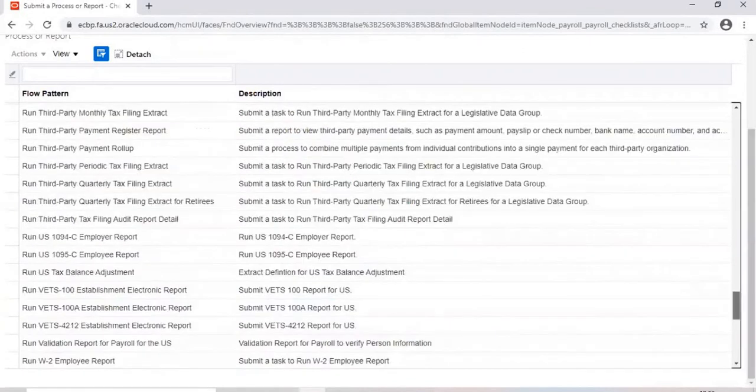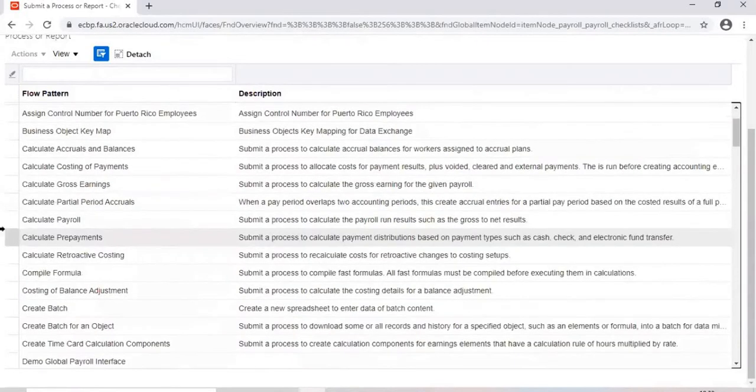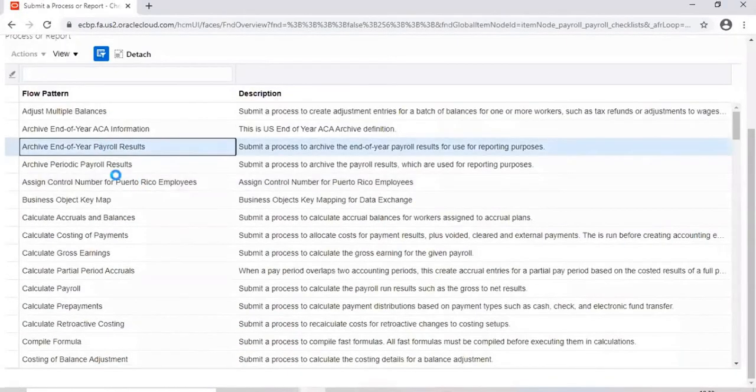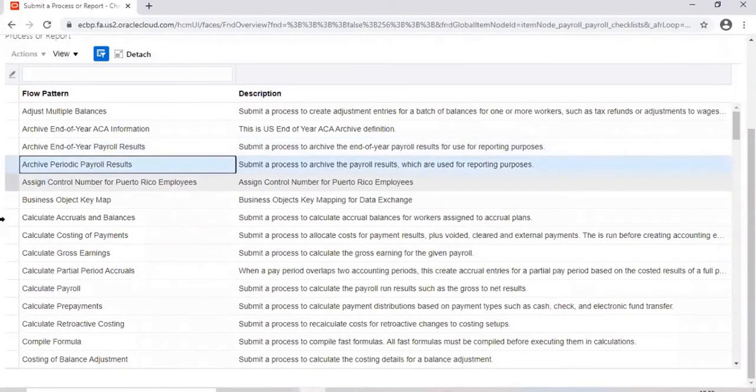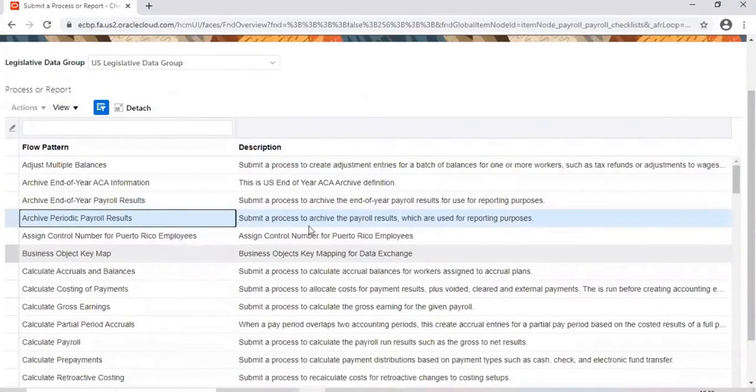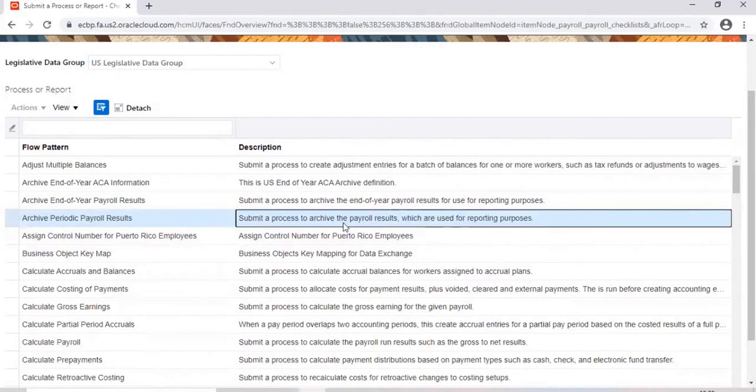So let me first run the archive periodic payroll results. What will this process take care of? This will archive payroll results, which will be used for reporting purposes. So payroll is processed, fine. An individual employee's salary is processed. Maybe I have 2 bank accounts, you have 1 bank account; accordingly it is going to be mapped.